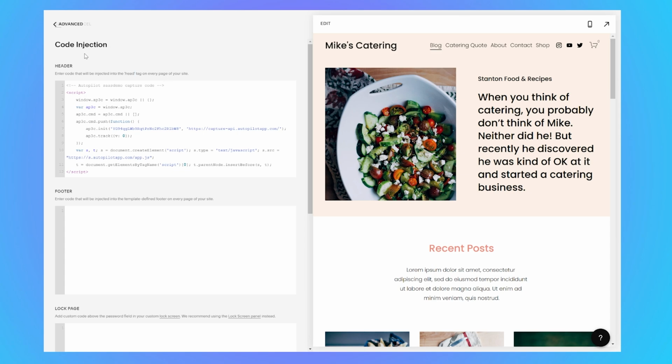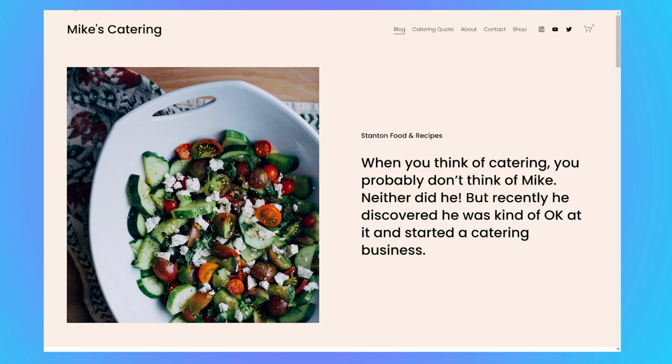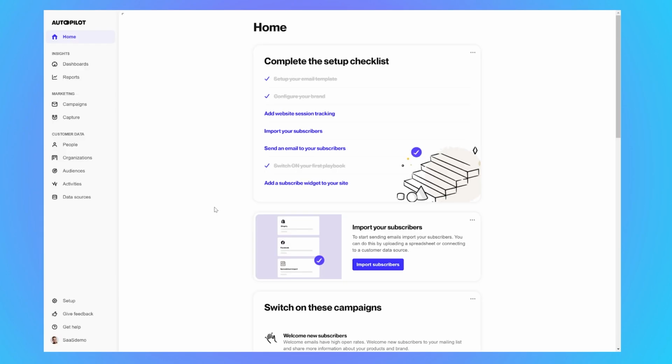So I'll go ahead and click save, and we can go back to my website now and refresh it because the tracking code has successfully been added. It can take up to 15 minutes before you'll see activity from the website session tracking code added to your website. So be patient. Okay, so 15 minutes has now passed and we can check and verify that the tracking